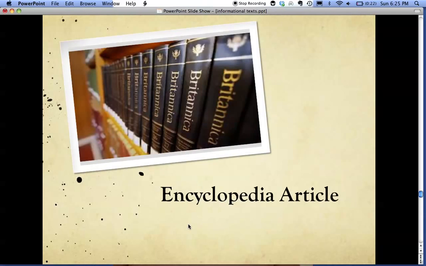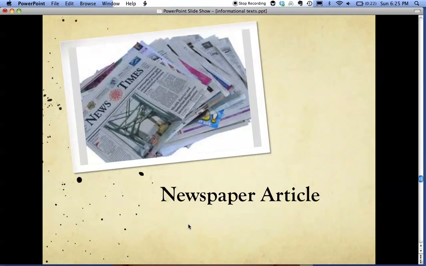So we'll go back quickly and review the different types of informational texts. We have newspaper articles,